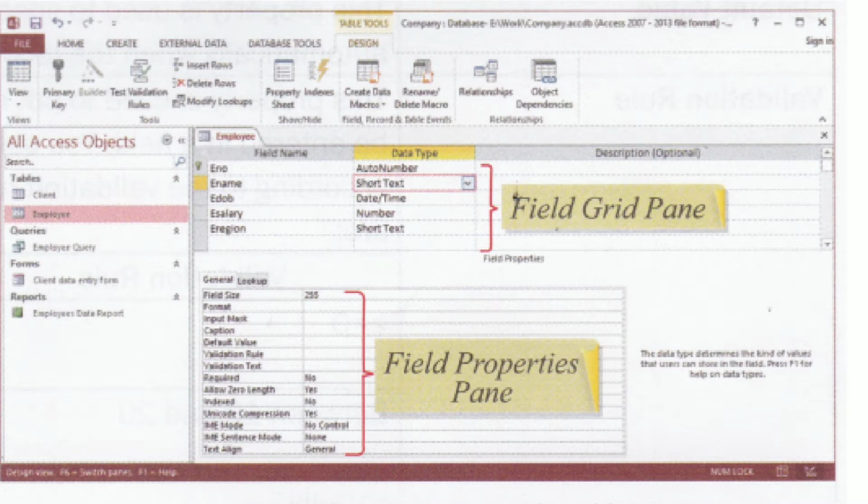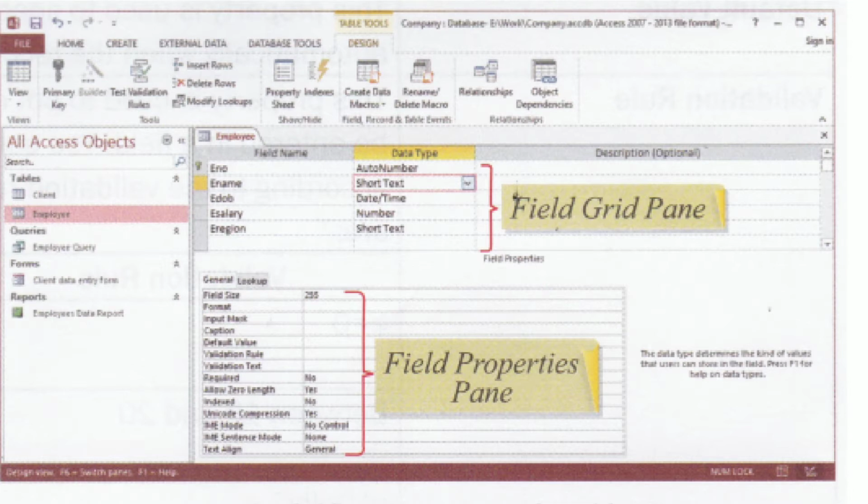Using this design view of a table, we can enter the field name, their data type and description. We can also set the field properties using this design view. As you can see on the screen, this design view is divided into two panes.